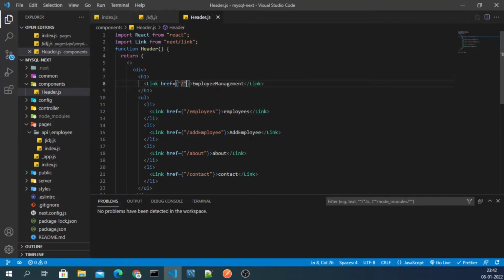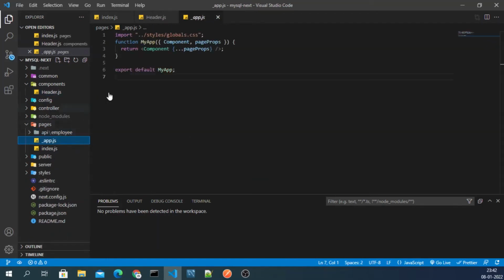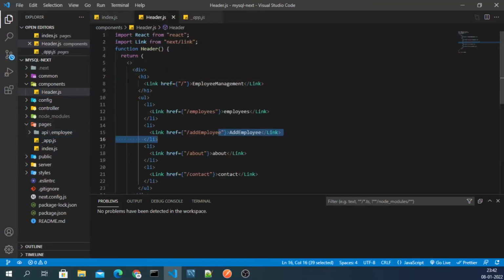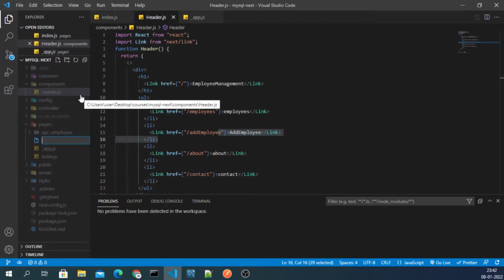Then whenever we want to add an employee, then we will need this path, and in Next.js whenever we need a path we have to create a file for that. Okay, so we need to create these files inside pages, right? So I'm going to do that now. So I will first create here employees.js.